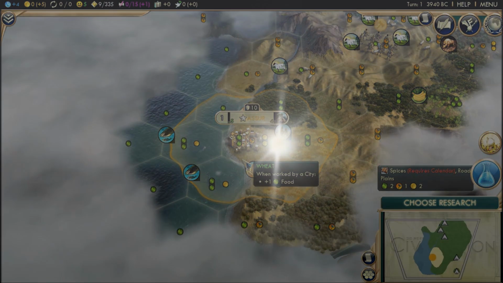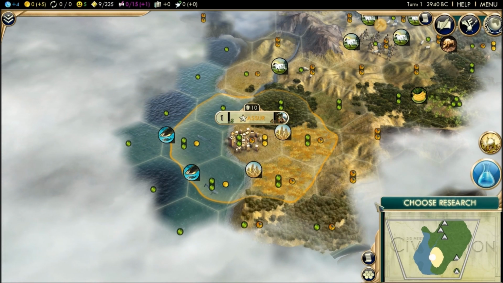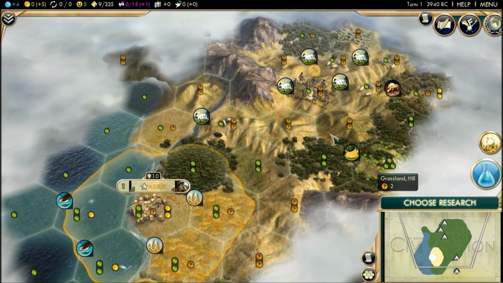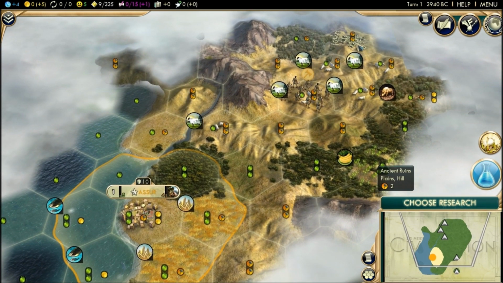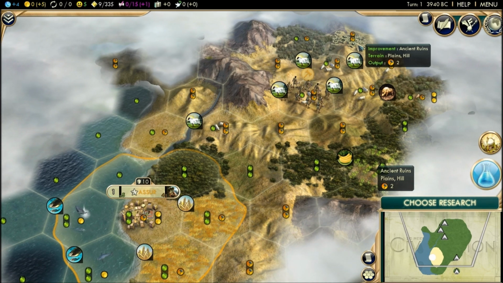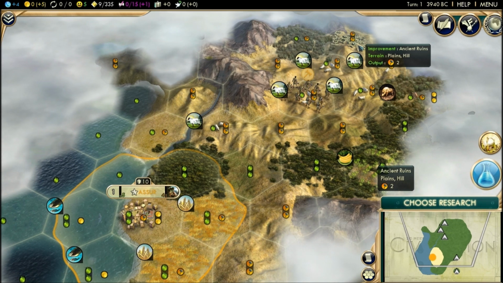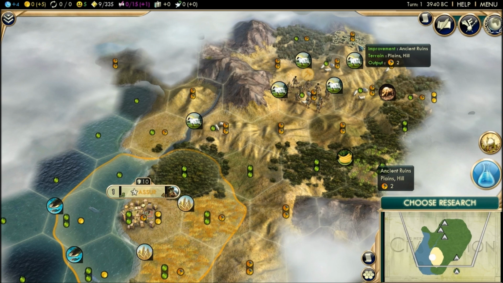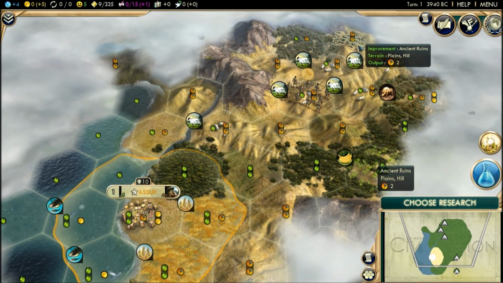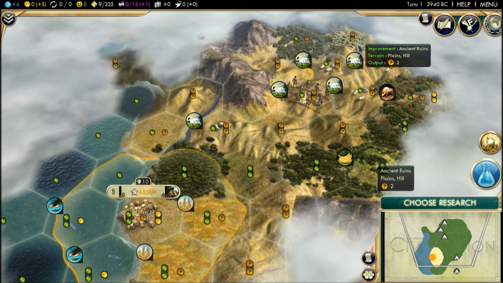Tip 3. Always send out scouts to explore the land that you've been established in. Now this is because scouts, when they find ancient ruins, the results are better than if a warrior steps into that ancient ruin and discovers it and triggers it. A scout has this special ability, that it will have better results. And the better results tend to be new technologies, more money,